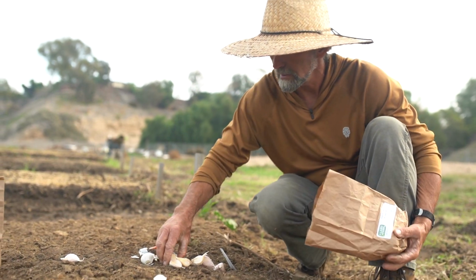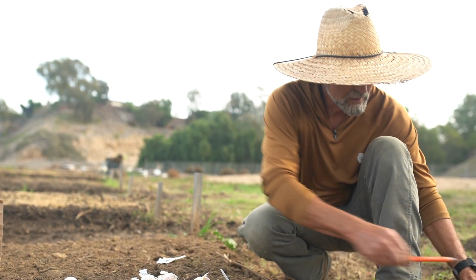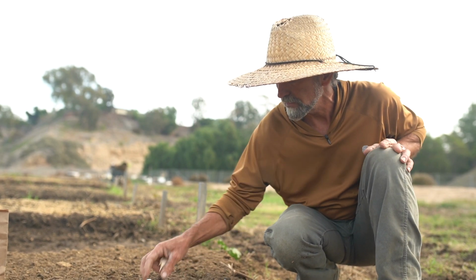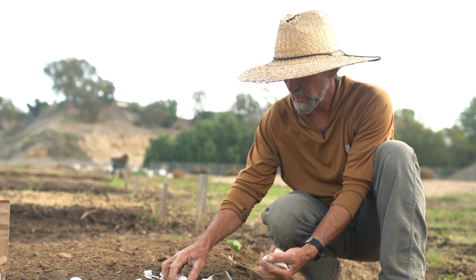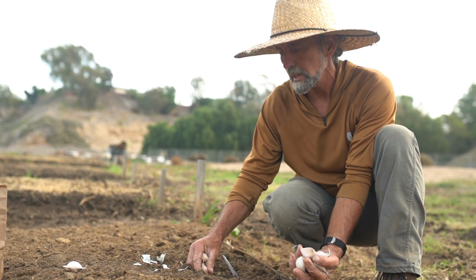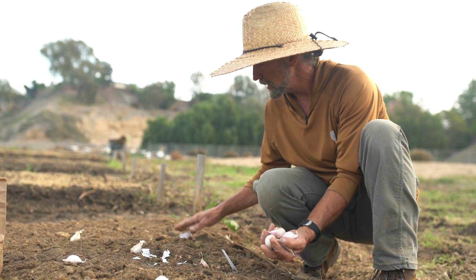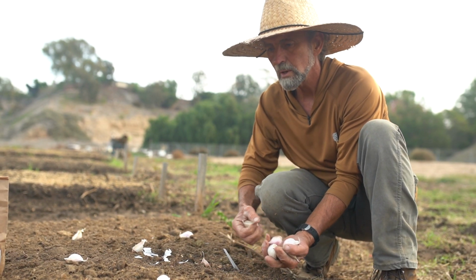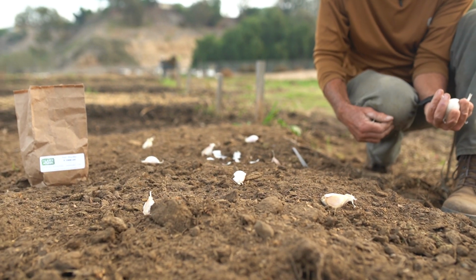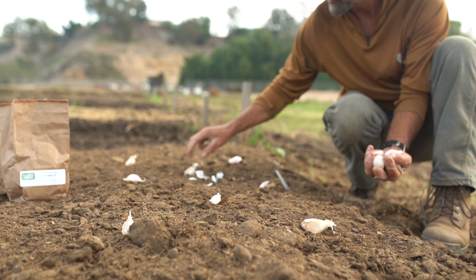And I've just got a few of these. It was a half pound, and these cloves are monsters. So, what I'm gonna do is place these about a foot apart. I'm rich in space, so I can actually give these plants a really decent amount of space, and their roots won't even intermingle. So what I'm doing is one, two, and I'm about 12 inches from the edge of the bed. One's in the center. It's kind of a zigzag. There's one there, one here,